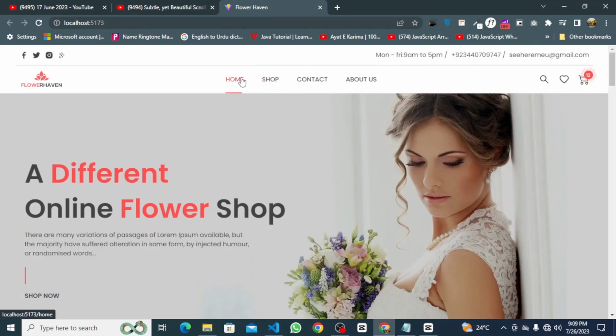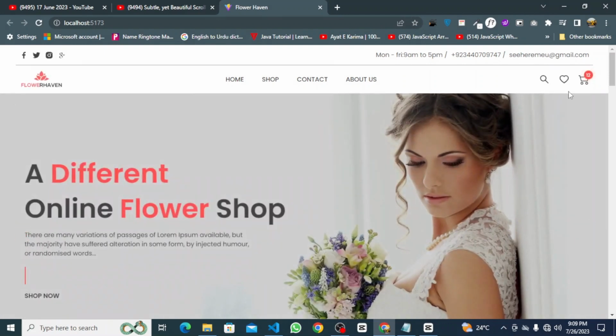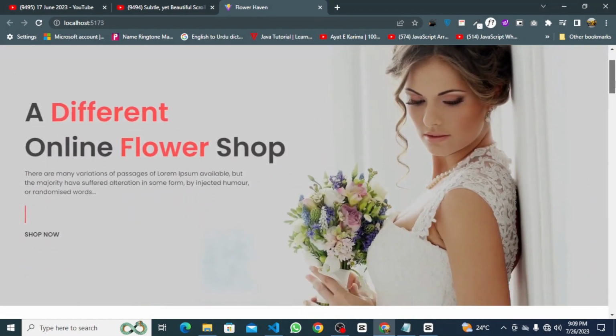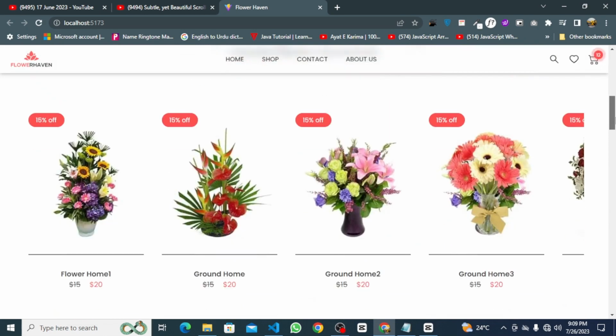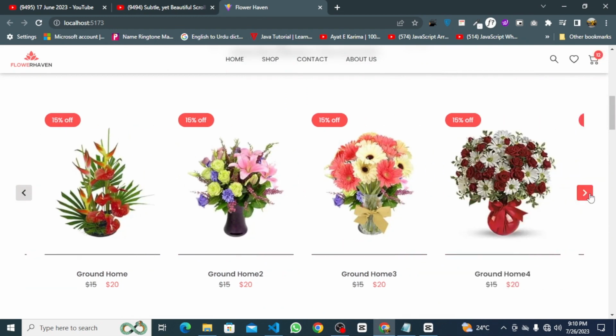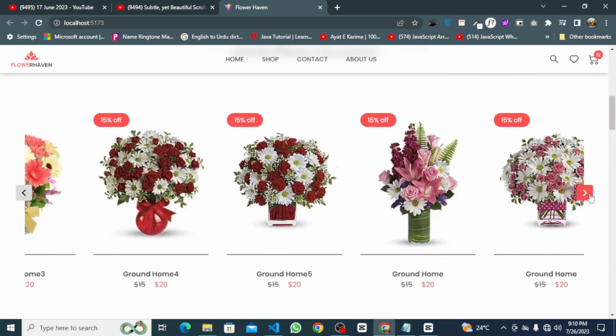Hi there, this is the project that we are going to build. You can see how beautiful the animation is. It's just a landing page. Okay, this is the feature product section, having a scrolling effect,